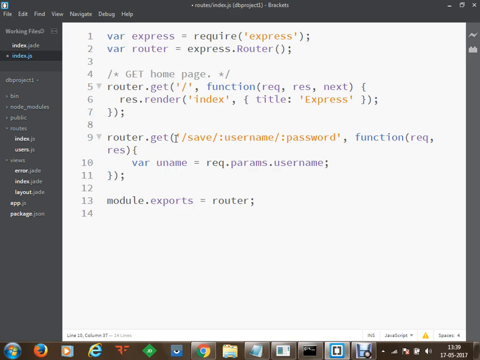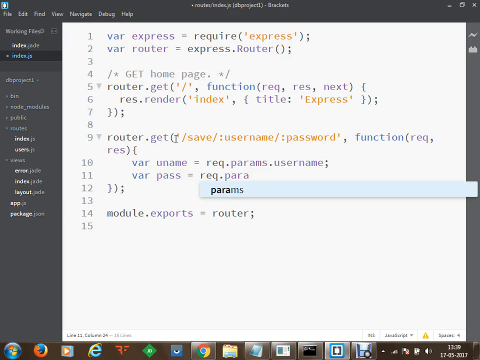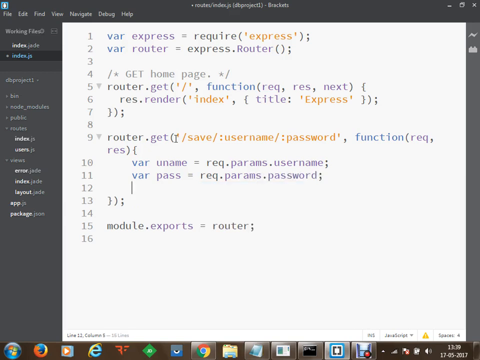I'm going to store the username into uname. Then I'm going to take another one as pass, and from the request, from the parameters, I'm going to get the password. So both values have been received and stored into local variables. Now we are going to make use of these local variables in our database handling part.